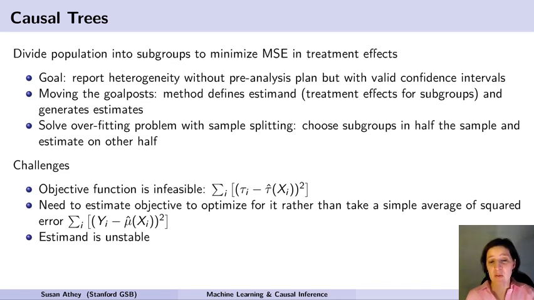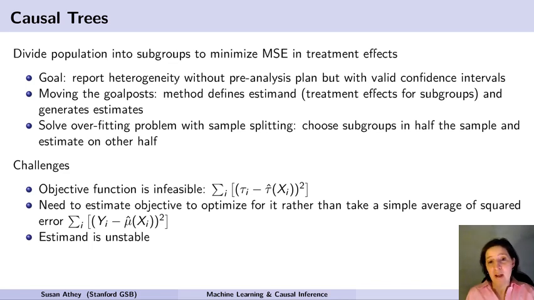It's going to be very transparent because you're going to use half the data to decide the subgroups and then cleanly use a second part of the data that hasn't been touched yet to estimate the effects. So it's going to be very easy to explain to people why they should trust your estimates. And this transparency can be helpful, and it also is going to give you a lot of robustness. We're not going to require a lot of fancy theory to understand why this approach works.